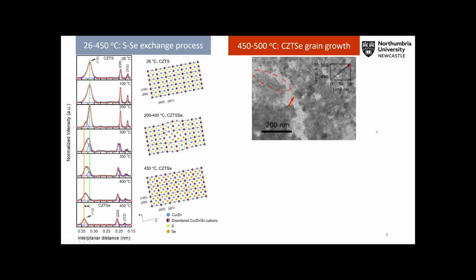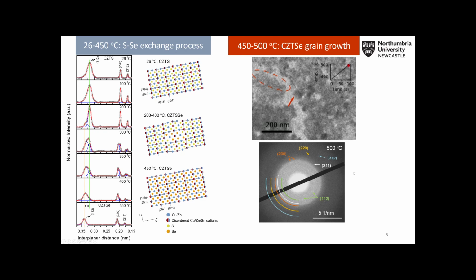And during that grain growth phase, if we look at the diffraction pattern, let's say at 500 degrees, we have the appearance of a spot here, which is the 211 reflection from the crystal structure, and that's indicative of a reordering of tin on its correct position in the crystal lattice, thus reducing the level of zinc-on-tin defects. So this was critical as a way to possibly reduce this disorder in our device,